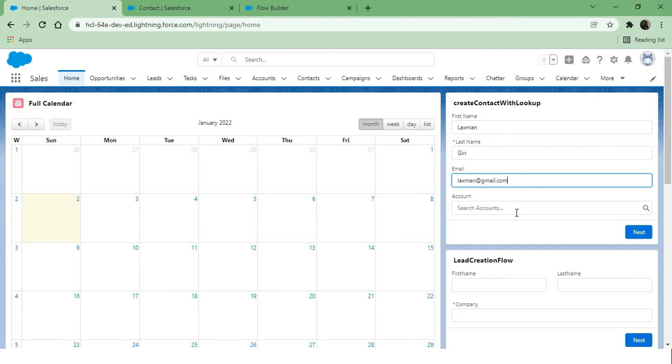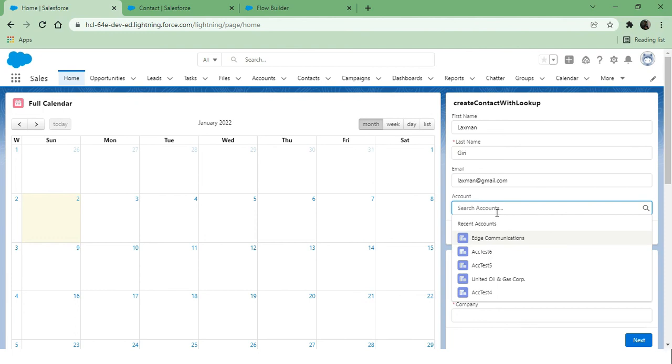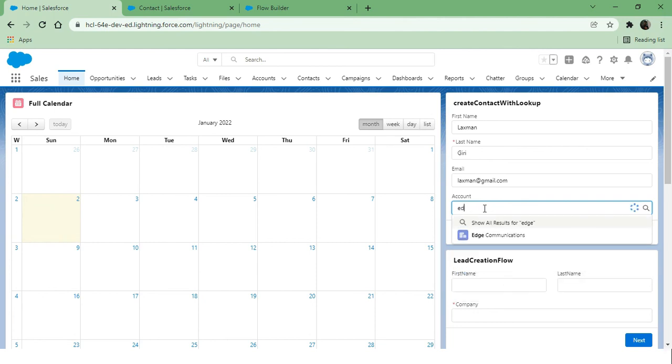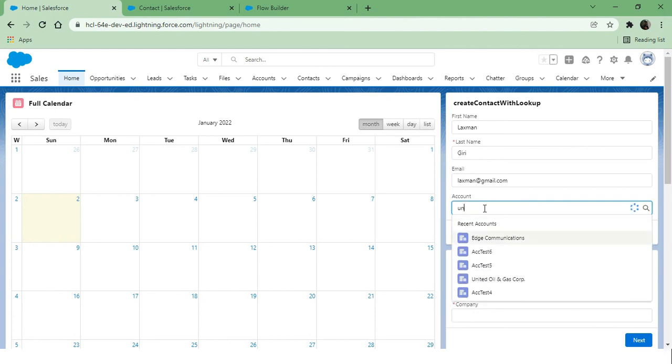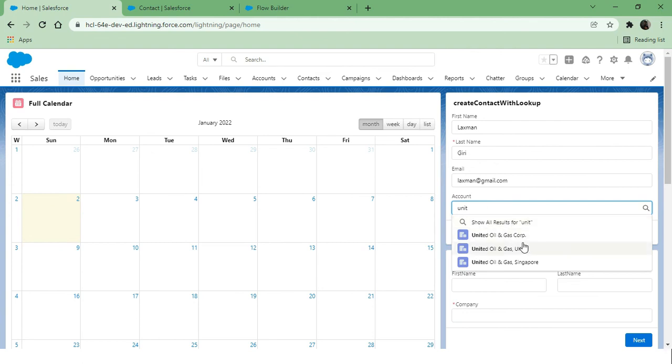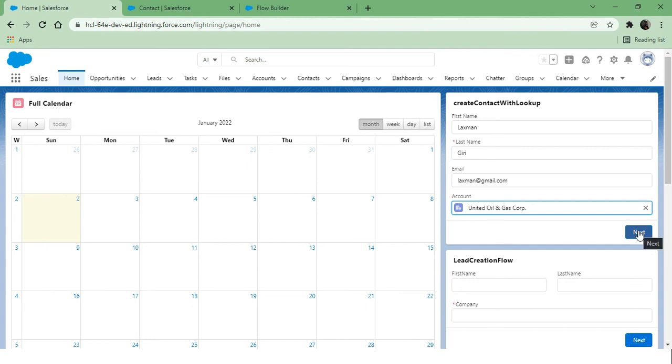If we go there and search account, it is showing us some recent accounts like the standard lookup field does. We can search here, for example Edge Communication, United Oil and Gas, or any account present in your org. Now I am selecting this one and clicking on next.